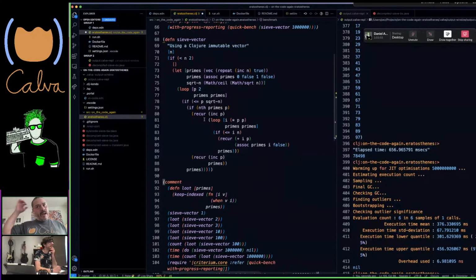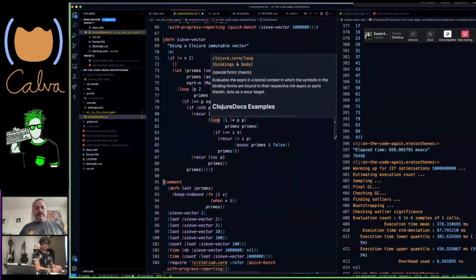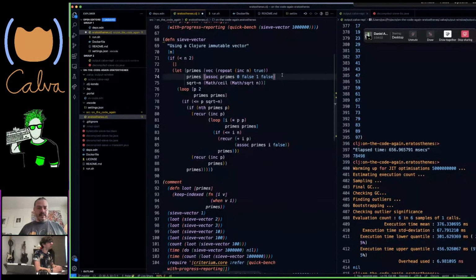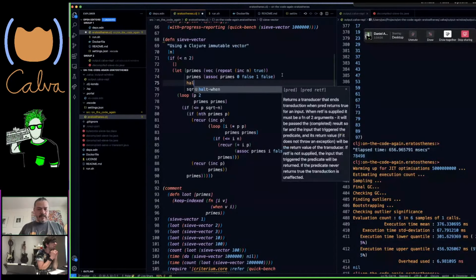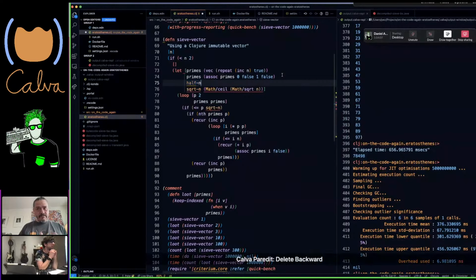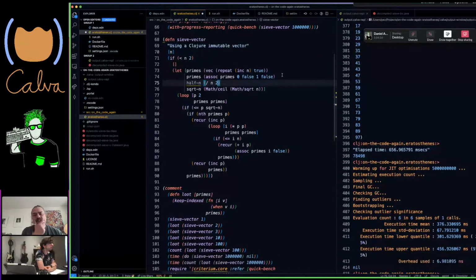But anyway, so now we know that we have something called, let's say, half-n, and that is n divided by 2. And since all the even numbers are